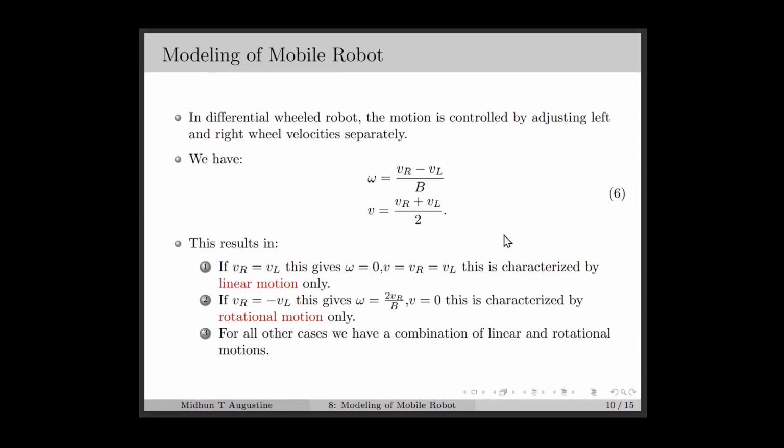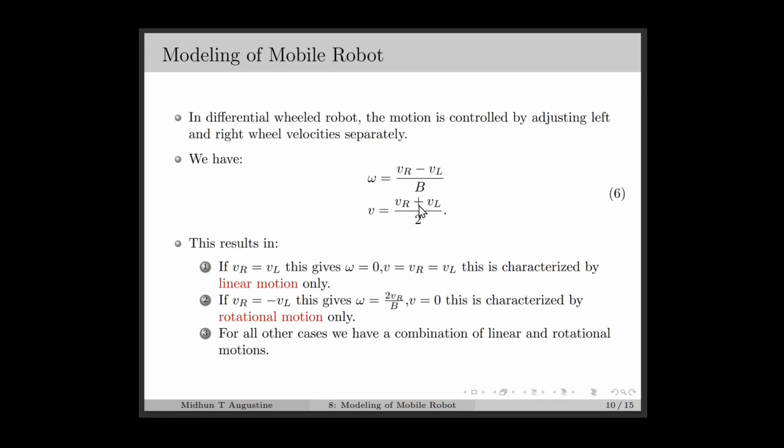Now, in a differential wheeled mobile robot, the motion is controlled by adjusting the left and right wheel velocities separately. Here we have obtained omega equal to (VR minus VL) by B and V equal to (VR plus VL) by 2. Therefore, if VR is equal to VL, we have omega equal to 0 and V equal to VR equal to VL, which is characterized by only linear motion,